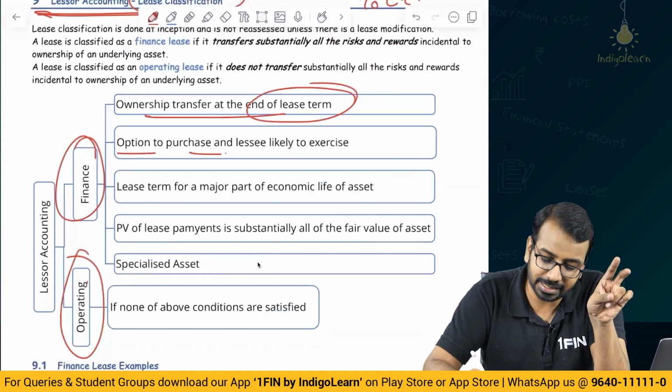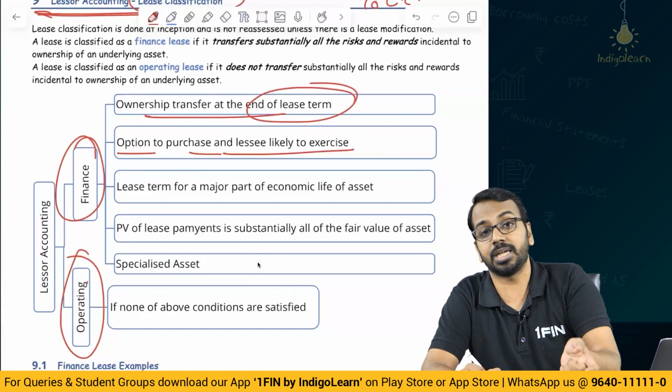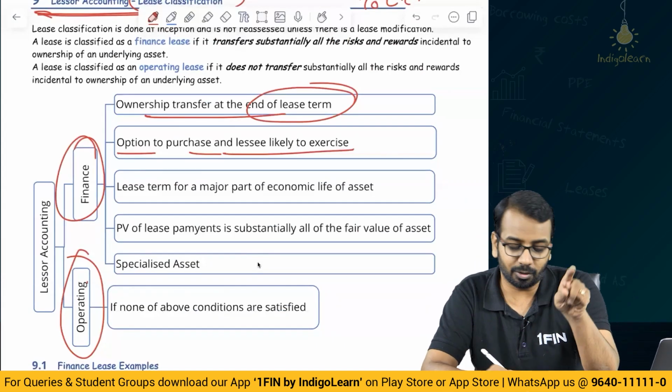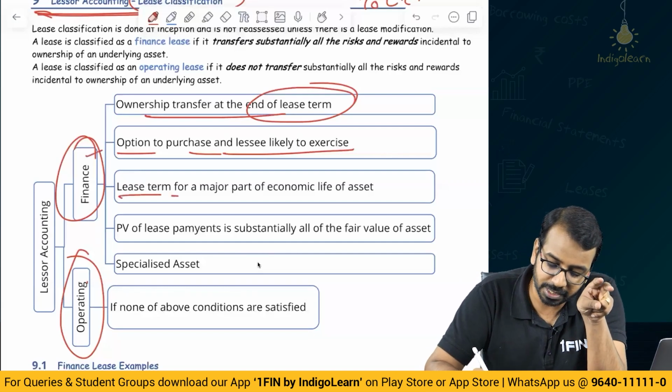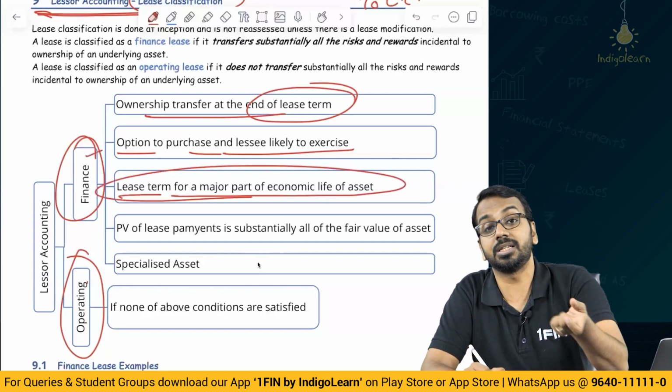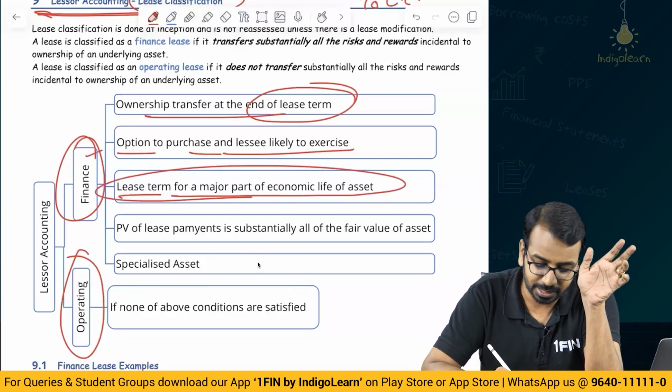Option to purchase and lessee is likely to exercise. If there is an option to purchase and the lessee is likely to exercise, then also it is a finance lease. Lease term for a major part of the economic life of the asset. If the lease term is for a major part of the economic life of an asset, then also it is